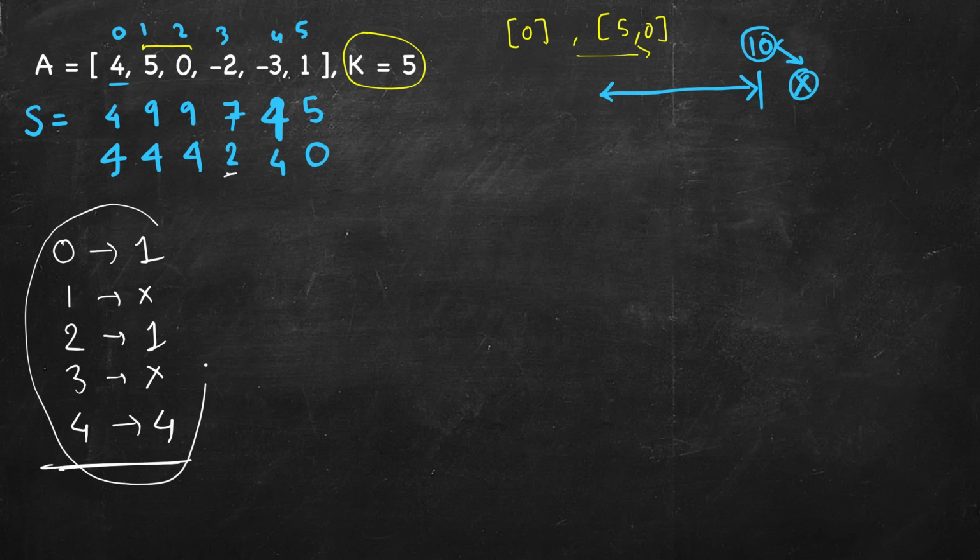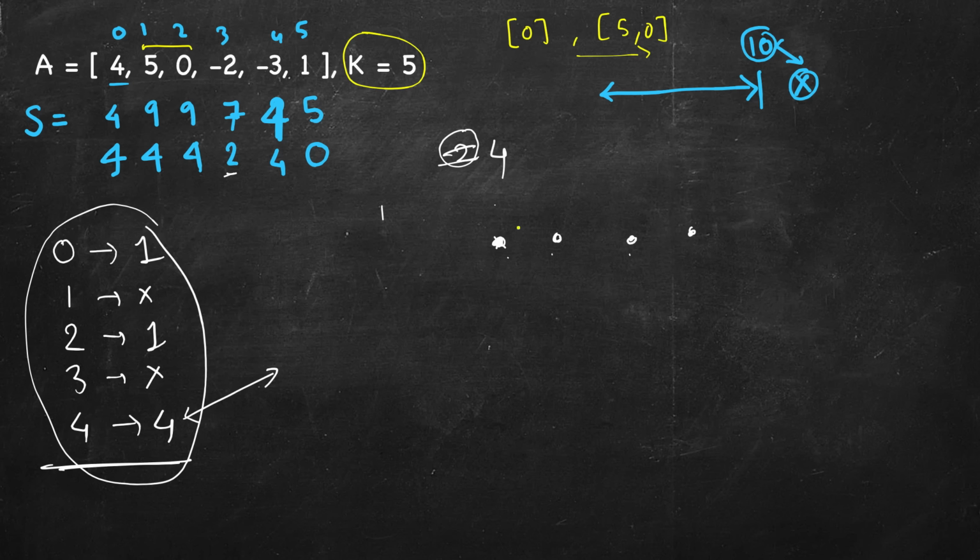Now using this only, we can find the exact number of subarrays. So let's say we have a surplus of 4 at different indices. Let's say here, here, here, here. Let's take this concrete example. So there are 4 indices, which if we sum from beginning till that index, there is an extra 4. If we did not have that extra, that sum would have been divisible by 5. So now let's count the subarrays. So from beginning till here, there is surplus of 4. So this is not a valid subarray.